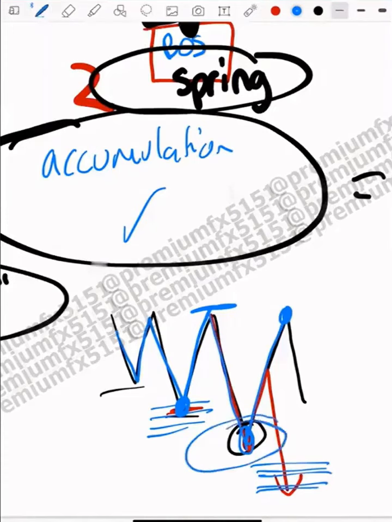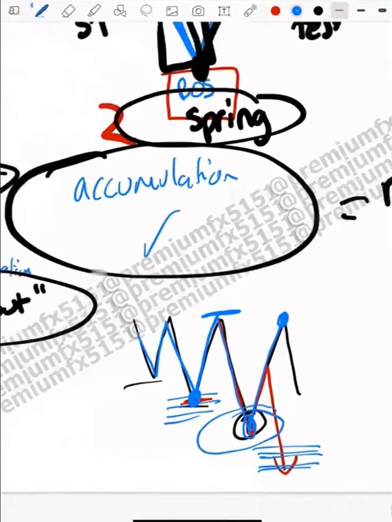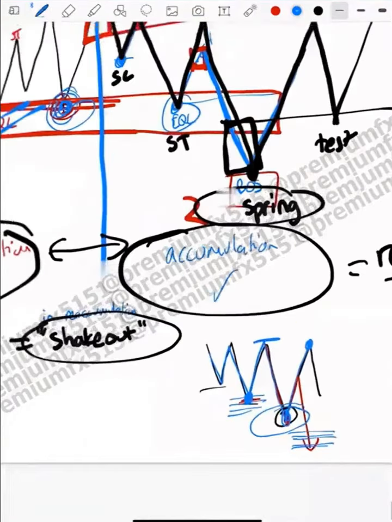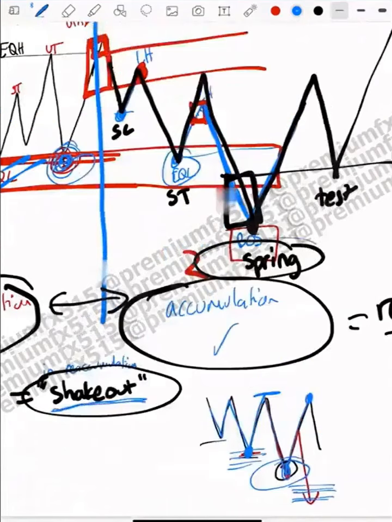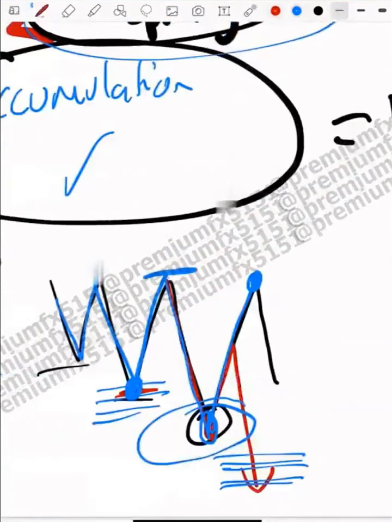That is the purpose of a spring, and therefore the shakeout in a reaccumulation serves the same purpose. That break in structure that we see is not a bearish sign, because if it was a bearish sign, you're caught out with these people who are making a mistake. Those sellers. That is the differentiation. You could see this as a break of structure relative to here. This is my break of structure. Or you can see it as a spring,